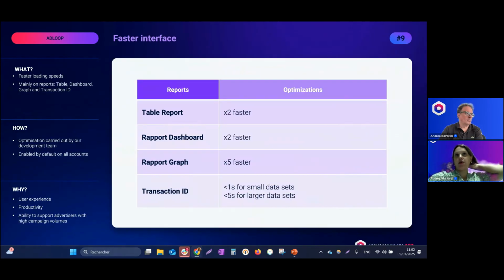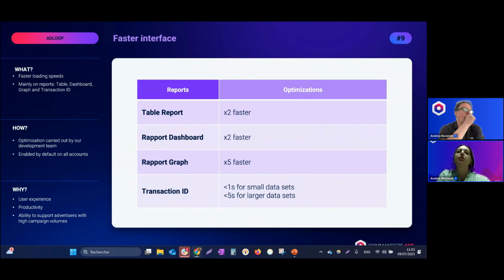And to finish, a faster interface, something that everyone always loves. We boosted the interface performance so you can access your data faster and in a smoother way. So to speak concretely, the table reports now load 2 times faster, and it's the same for the dashboard.